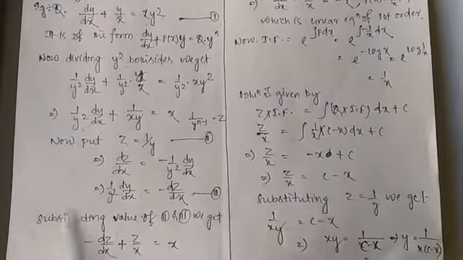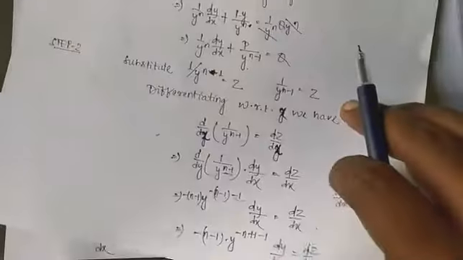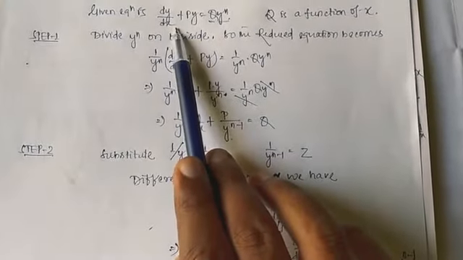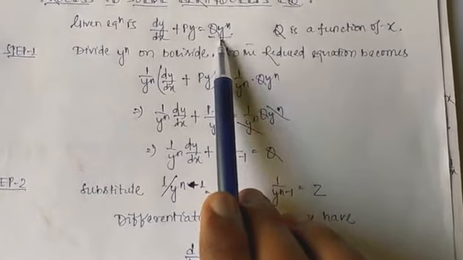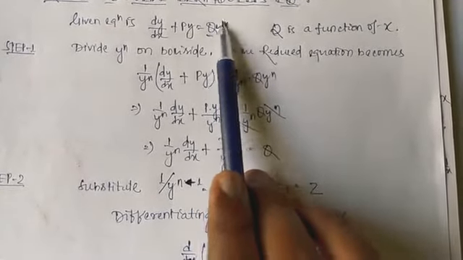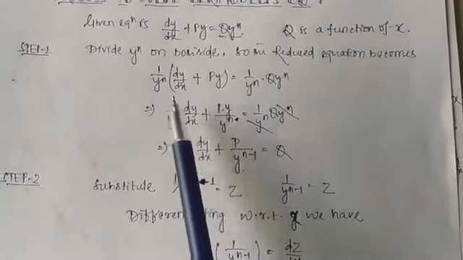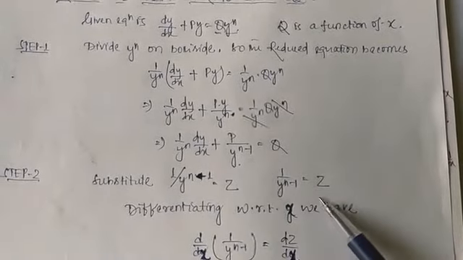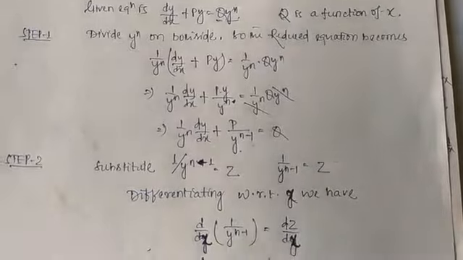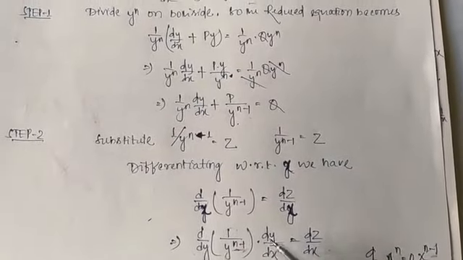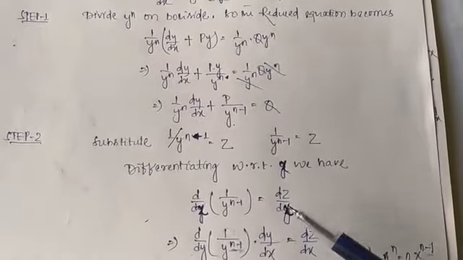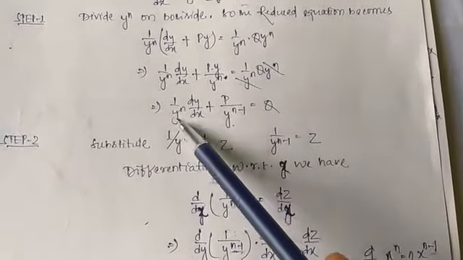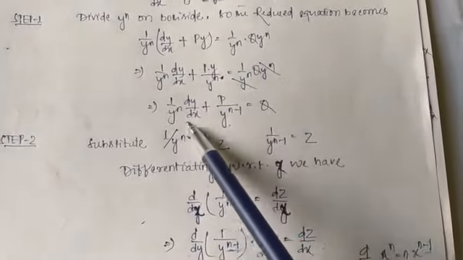So basically what we are doing in Bernoulli's equation, I repeat again. Bernoulli's equation's general form is dy by dx plus py, that is equal to q into y to the power n. Here, y to the power n is multiplied with q, so we first divide both sides by it. Whatever remains in the denominator, we consider as z. After that we find by differentiating with respect to x, the independent variable. After differentiating, we have to find the value of the term where the derivative is involved.